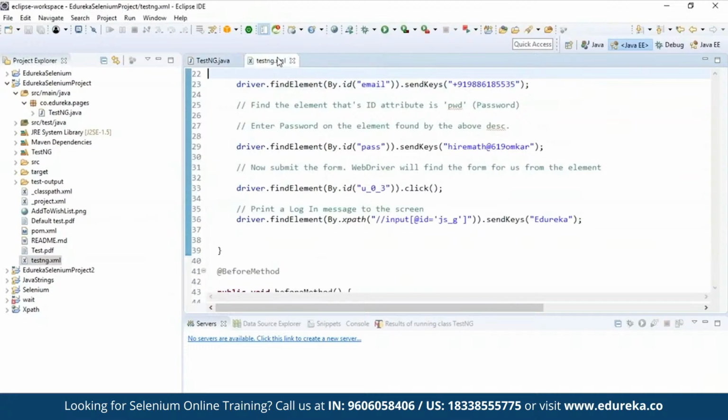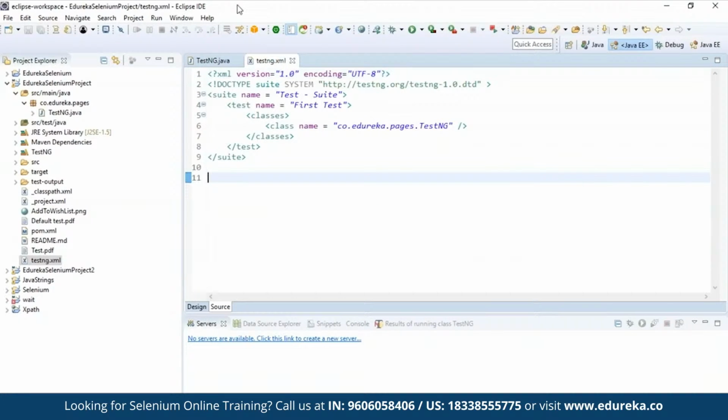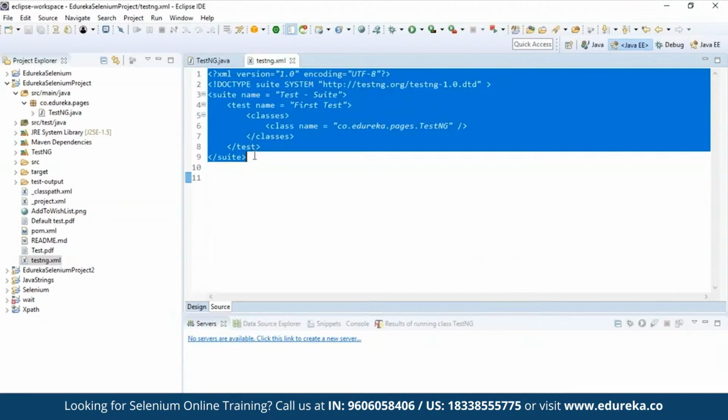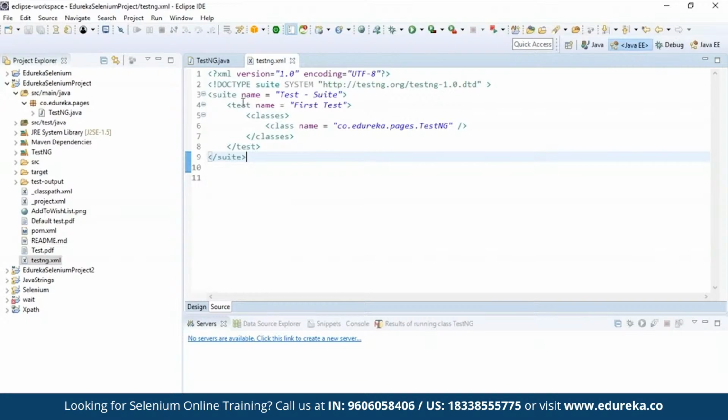And now let's see the testng.xml file. So this is the testng.xml file. I will tell you what are the important things that you need to focus on. First, the test name I can give as whatever. So that is first test and the suite name it will be test suite. Okay. And inside the classes I have given my class name as the package name, that is this one, that is